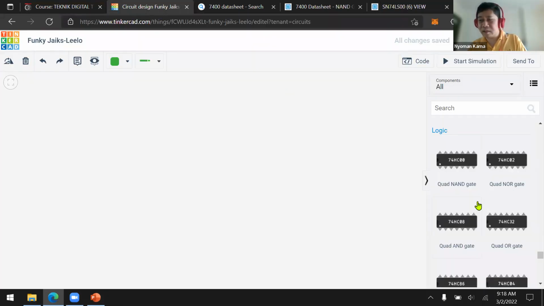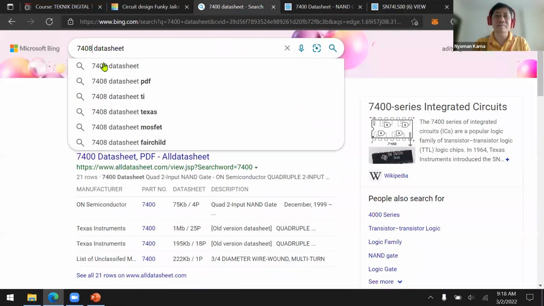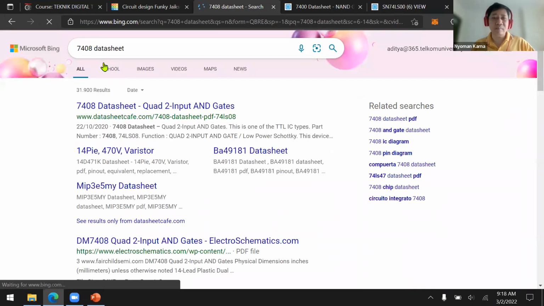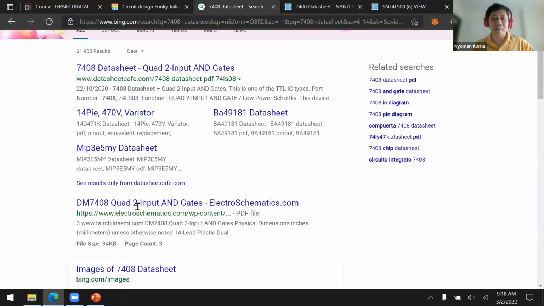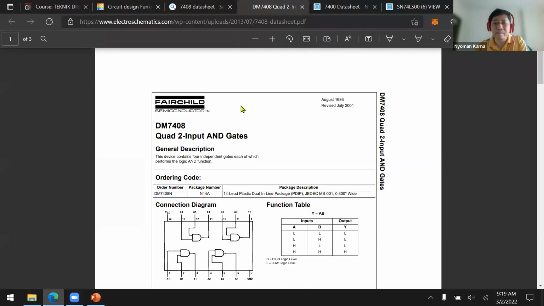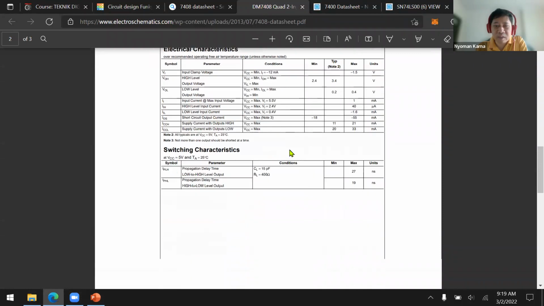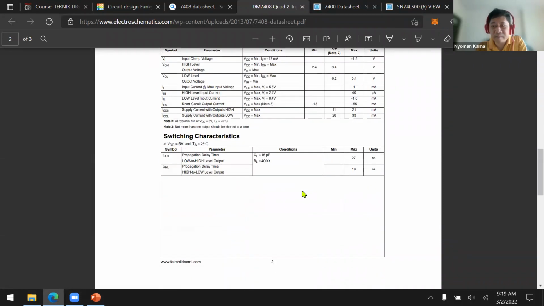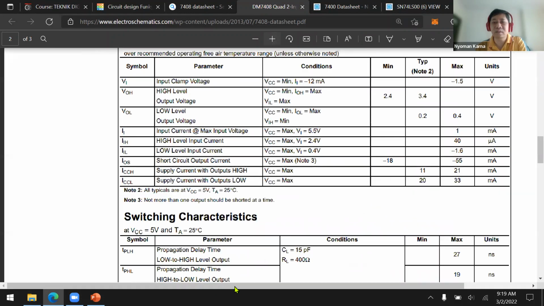Let's try the AND gate now. 7408. Okay, let's check what is the speed of this. Let me zoom this one first.